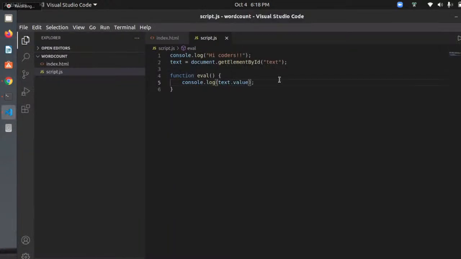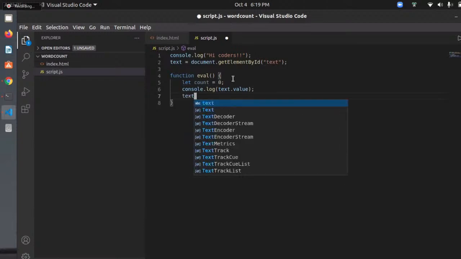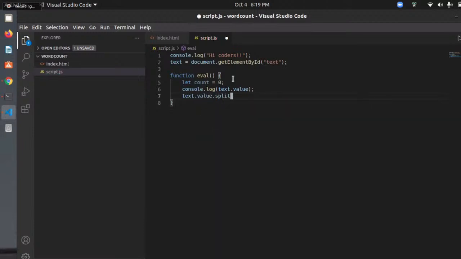Yeah, perfect. That's working. So what we need to do is count how many words we entered. Let me take a variable to store the count. Initially the count should be 0, so let it be 0. And in order to count the words, let me do text dot value dot split on the basis of a space, such that it would be split into an array,